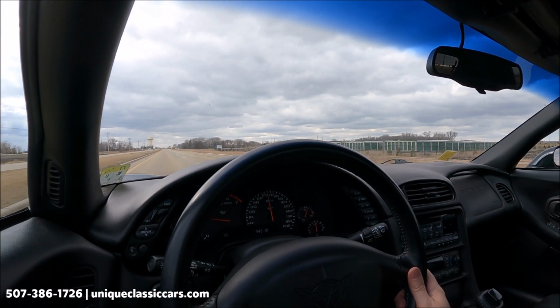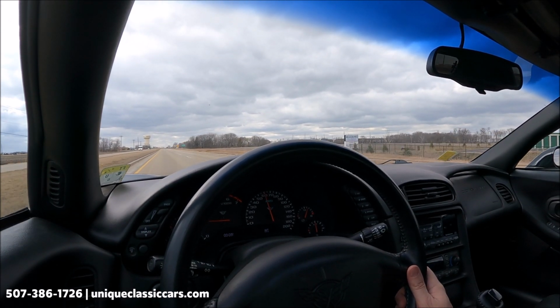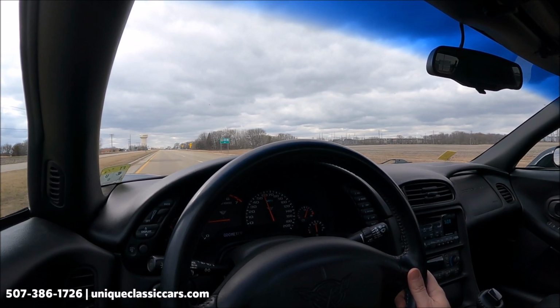Kicking down that automatic transmission, you do feel the torque. Very fun car to drive. Nice, I would say 62,000 is low miles. Nice low mile